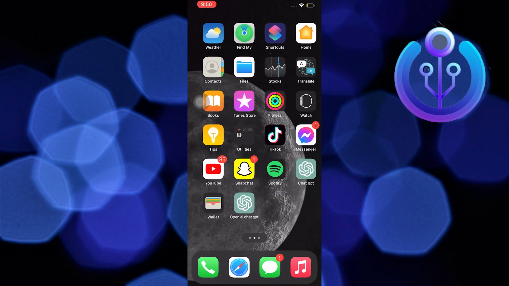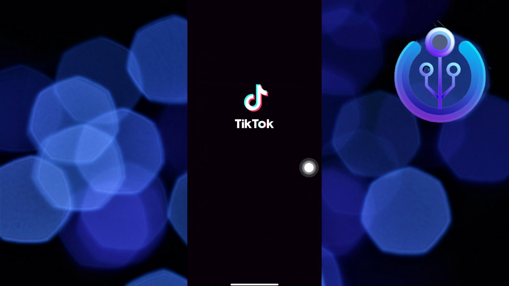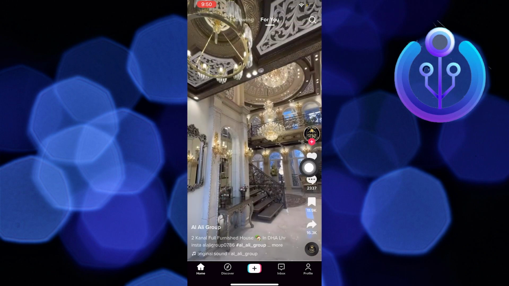Once you're all good to go, close the App Store and this time open and locate your TikTok application. Now tap on TikTok to open it. And as you do, you can see videos now. For example,